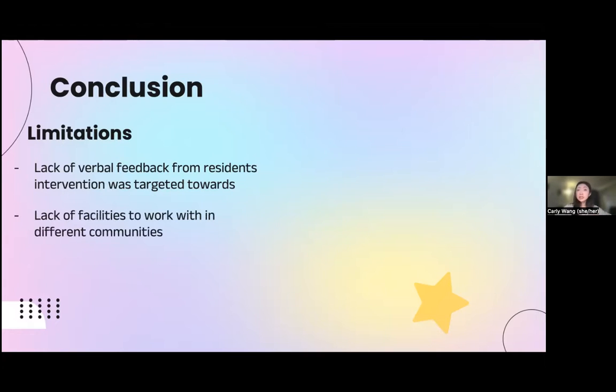We only have 2 facilities that we are working with right now. I think we were thinking of adding another facility, another long-term care home, but adding these takes a lot of time and work. So we're working towards it in this research project. But right now we only have 2. One, which is a care home, Villa Cafe, that is primarily for residents who are of the Chinese background, Cantonese speaking,